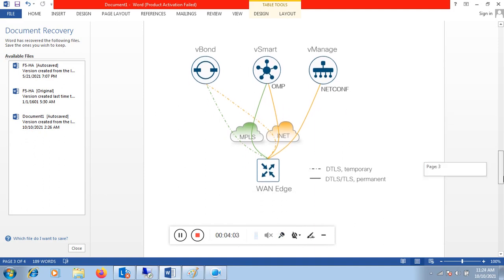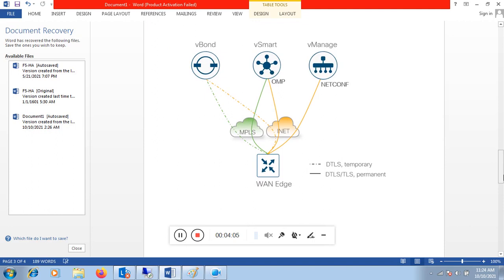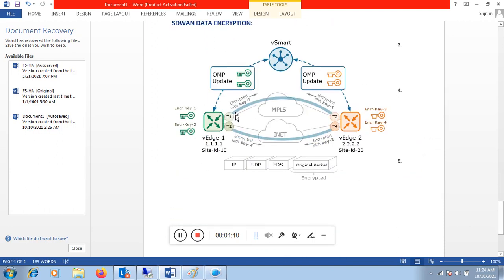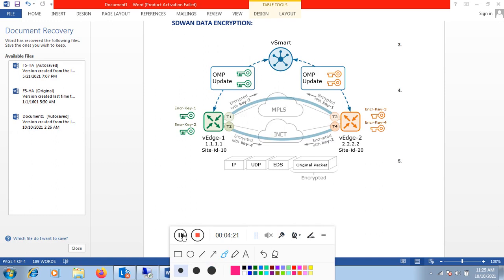And then once the control connection comes up and we have TLOC reachability between the WAN edges, let's say WAN edge 1 and WAN edge 2, these WAN edges form a BFD session or IPsec tunnel between themselves, over each TLOC.